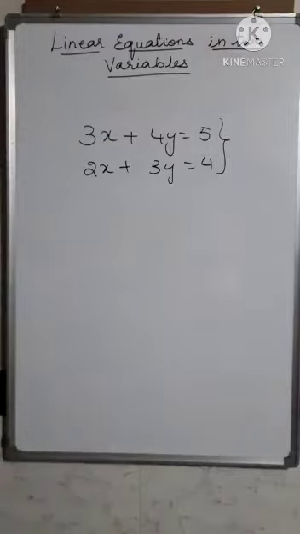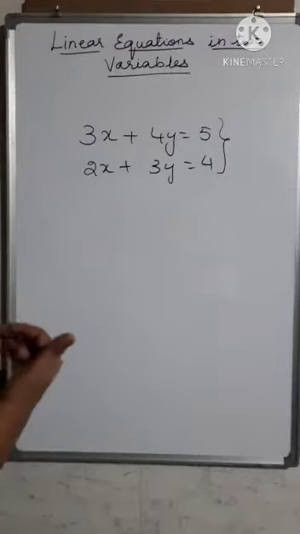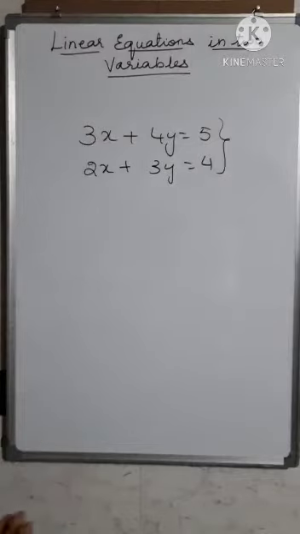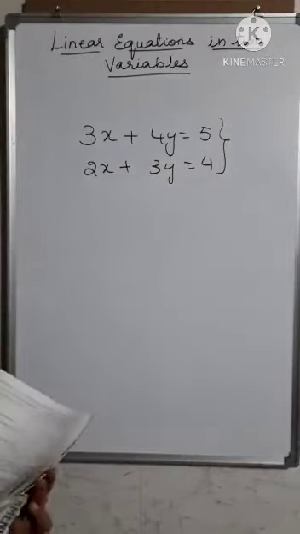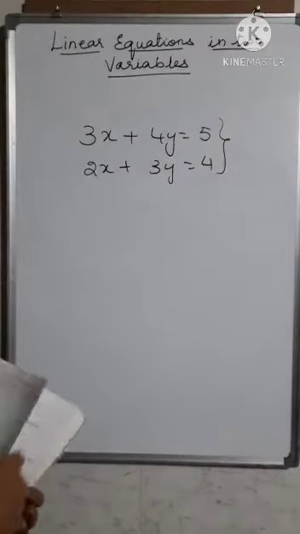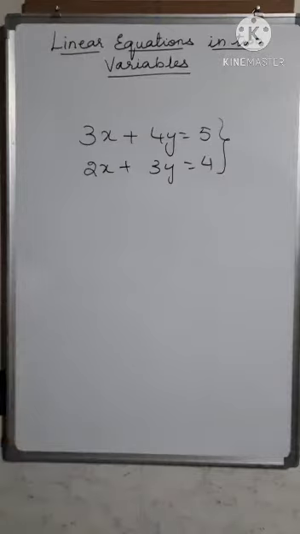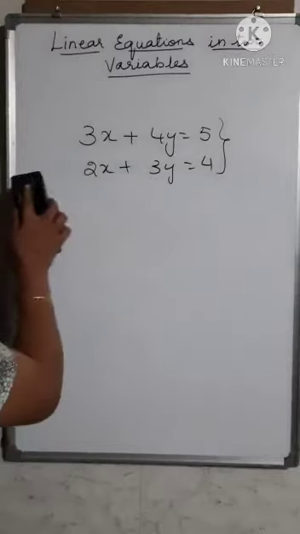Now it is not possible to go on giving different values for x and y and finding out which values of x and y satisfy both the equations. So for that you have got methods of finding the solution of linear equations. The first method you call the elimination method. In the elimination method you try to eliminate one of the variables, and when one variable is eliminated, then you can find out the value of the other variable. So we'll see how to work it out.